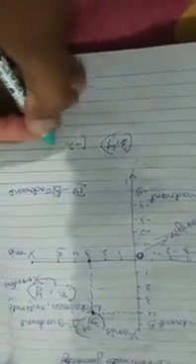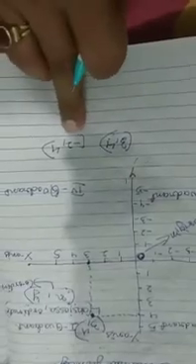Let's take one more example. Let's see -2, 4. Okay, so -2 on the x-axis. Where is -2? Here. This is -2 and 4. So 4 is here. So make one perpendicular line up to 4 and draw a perpendicular. This is 90 degrees. It should be perpendicular and this point is called -2, 4.